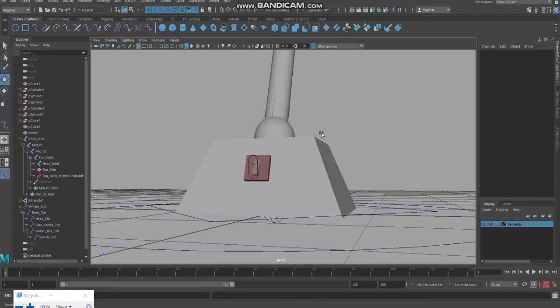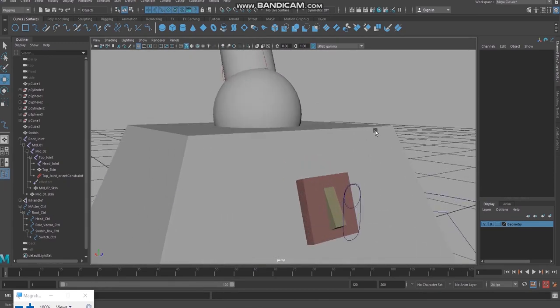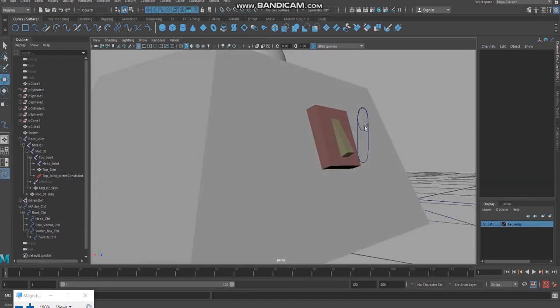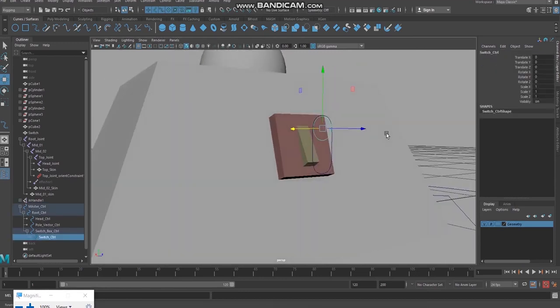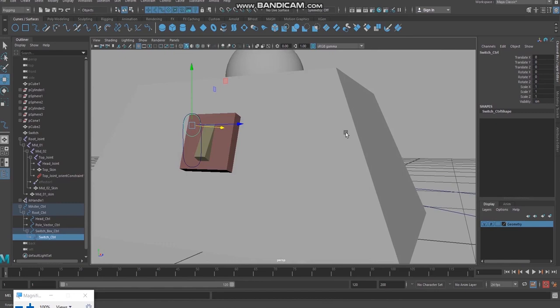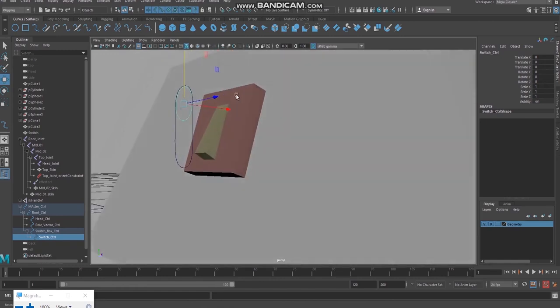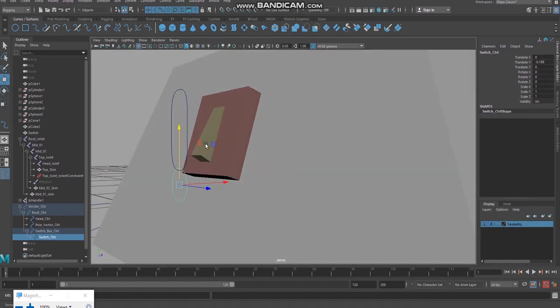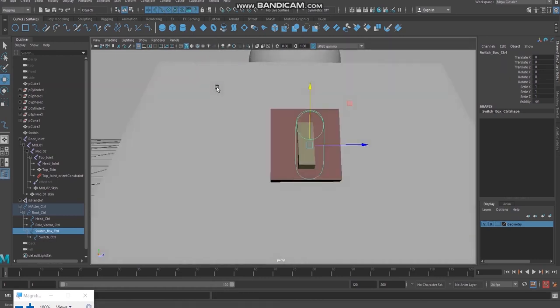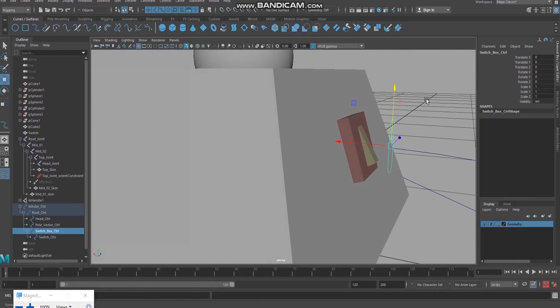Now how to give it? First, we should limit the movements of these controls. After that, we can think about giving constraints. It should move from here to here, that's all. But what happens when I move? You can see it keeps moving here and there, and this also keeps moving here and there, and I am not comfortable with that.